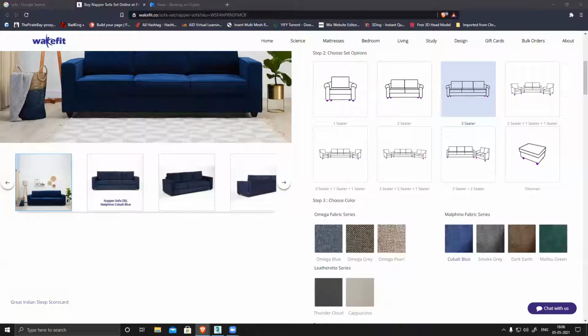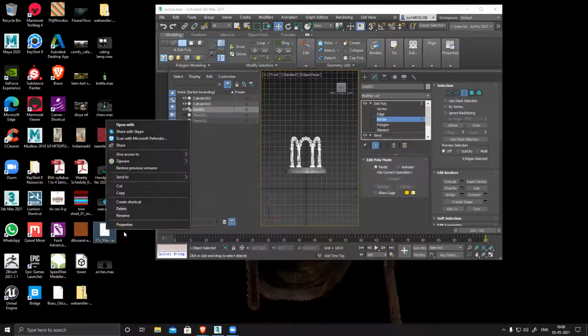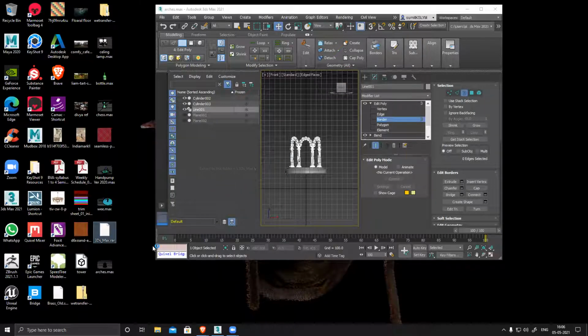Hello, sir. Yes. So I sent one more file. I guess it's in an archive, but I think you did not receive it. No, I received two files. Is it an archive? I thought it was the same thing, so I didn't open it. I made the hand pump as well. Hand pump, yes, I received it.